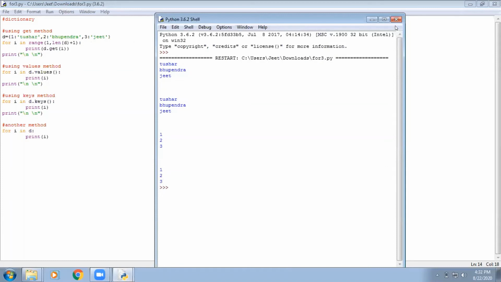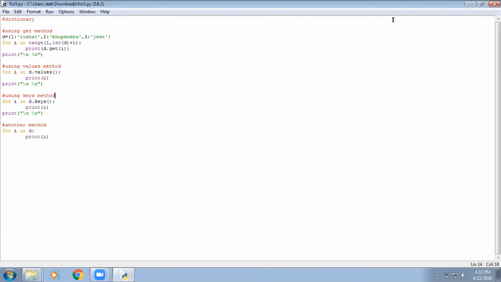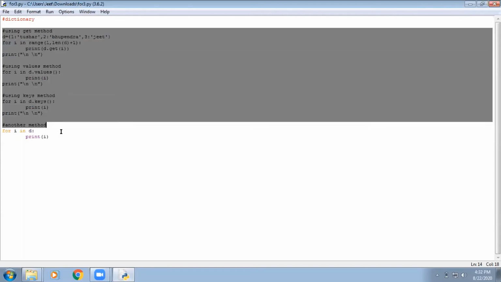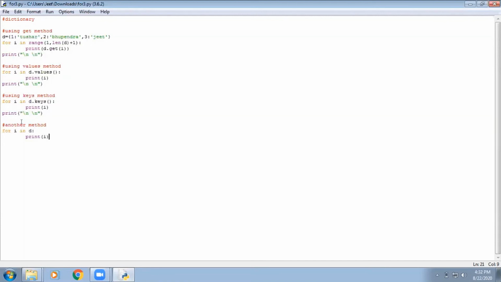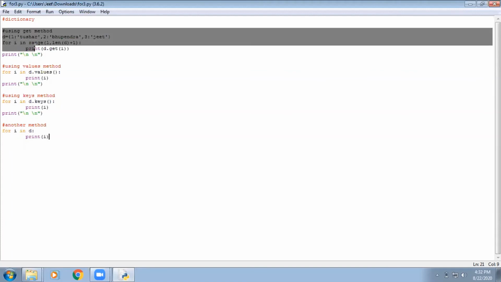And I'll also be implementing one more method, that is d.items, that will print both key value pairs side by side. So I'm erasing this code, and I'll write one more line that would be for d.items. So let's erase this part.